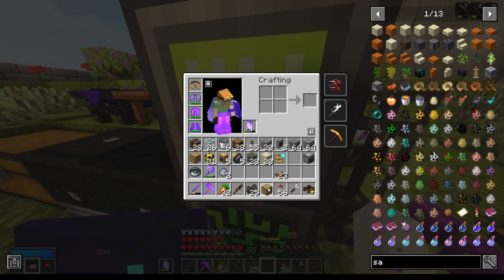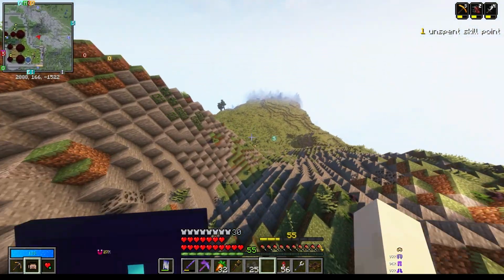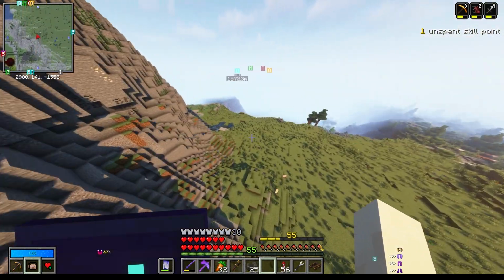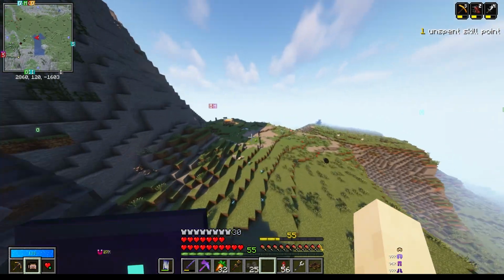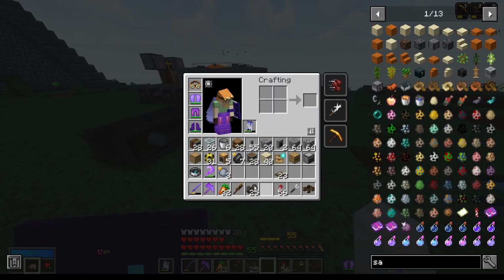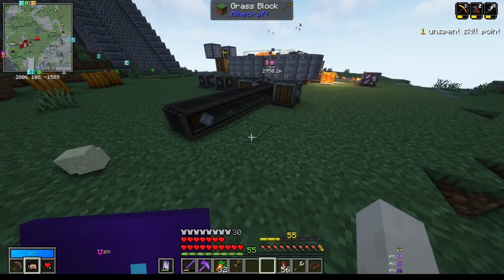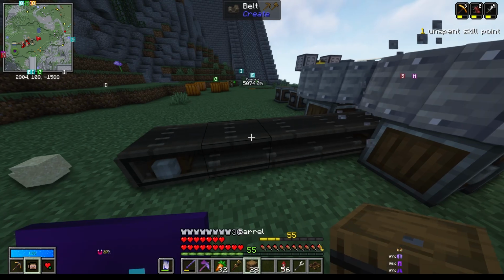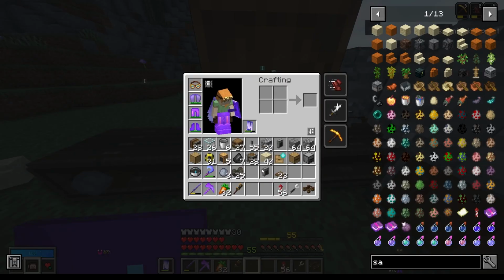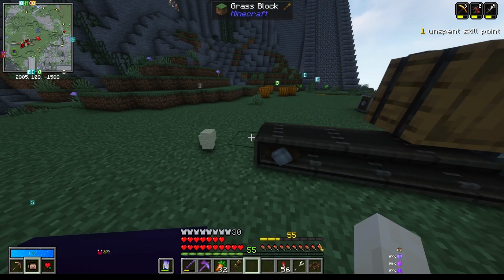And then we'll just have the flint get deleted. I think that would be the best course of action, because the clay will be handy just in case we need it. So we go like this, barrel right here, and a side funnel. So now it goes in,